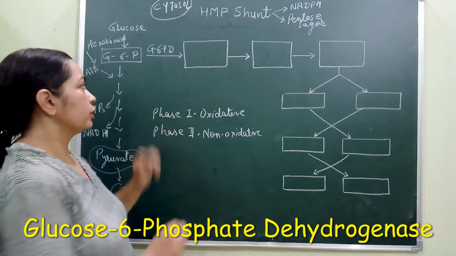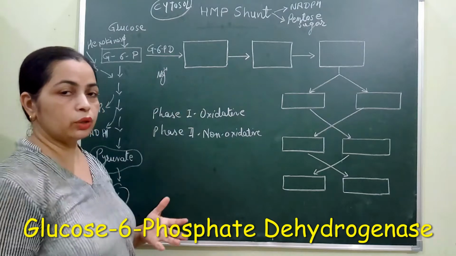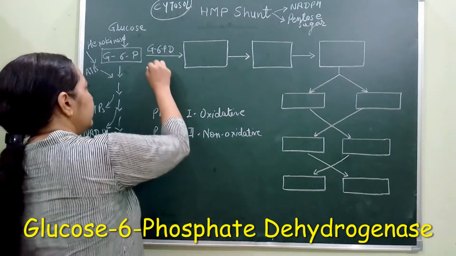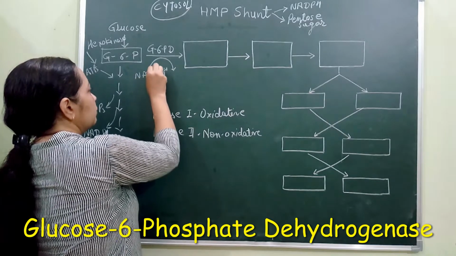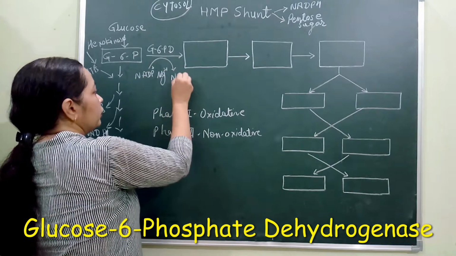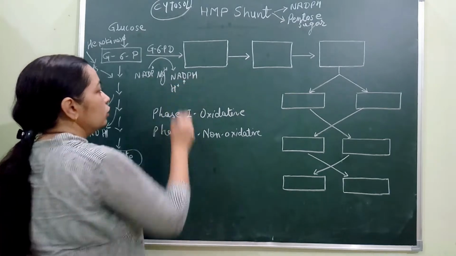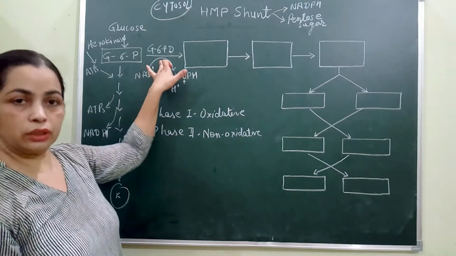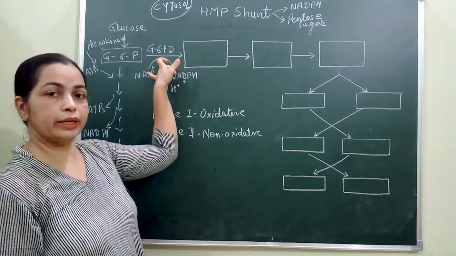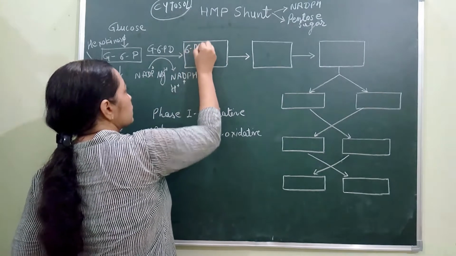This enzyme requires magnesium ions to get activated, and it is dependent on NADP, and it leads to formation of some NADPH during the process. When glucose 6-phosphate reacts in the presence of glucose 6-phosphate dehydrogenase, it leads to formation of